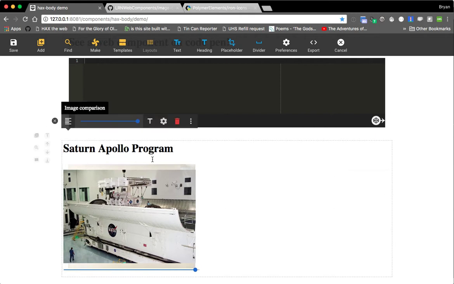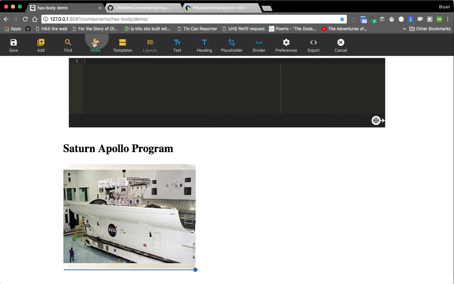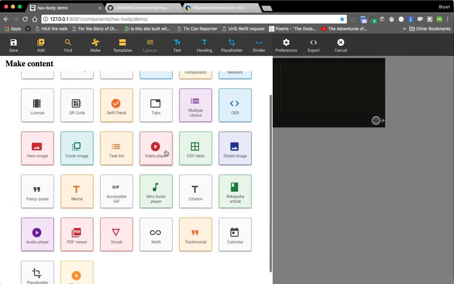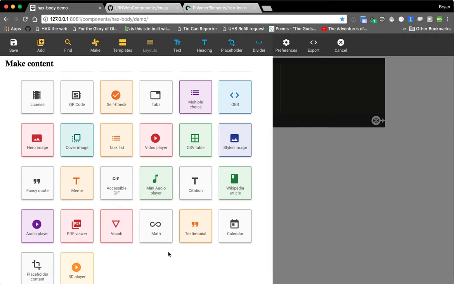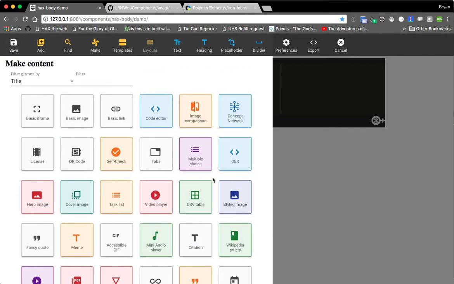And so this is kind of the process we've been going through for every one of these that appears under make. We find something, we have a unique use case, we say, oh, we need to render math, for example, or a calendar, or a Wikipedia article, whatever that case is. We create it in a way that effectively solves that use case for the sum of the internet. And then we wire in that little tiny bit, and it makes Hax aware of how to talk to that thing. And now we've both visually solved the use case, but we've also created an authoring UX pattern for it,